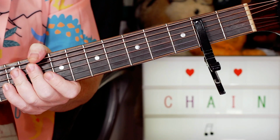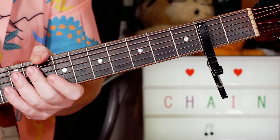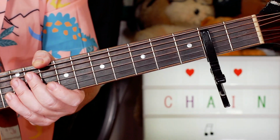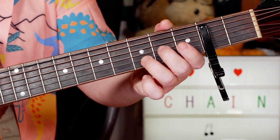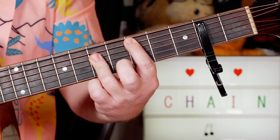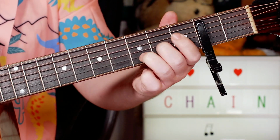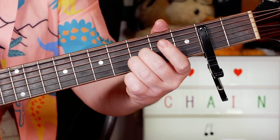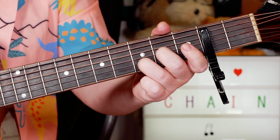Okay, so on the playthrough at the start, I didn't go through the second verse and chorus because we're basically playing the same thing. But then I went into the section before the instrumental, which I played after the chorus. Never break the chain. So we got...